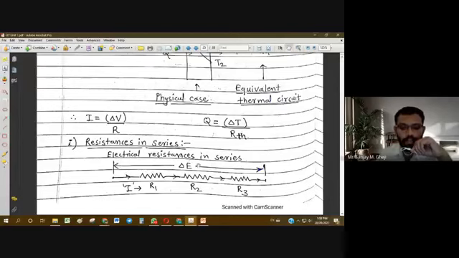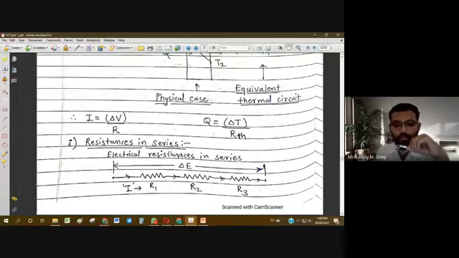And delta E or delta V, E means EMF and delta V means voltage, both actually mean the same. So when an EMF or potential difference is applied across this combination, we get a common current I, since these are all in series connection. The same current flows through R1, the same current flows through R2, and the same current flows through R3. The equivalent resistance of all these three in series can be given by simple addition. So the total resistance will be R1 plus R2 plus R3.